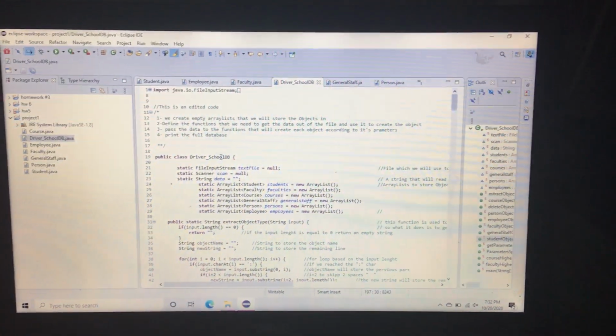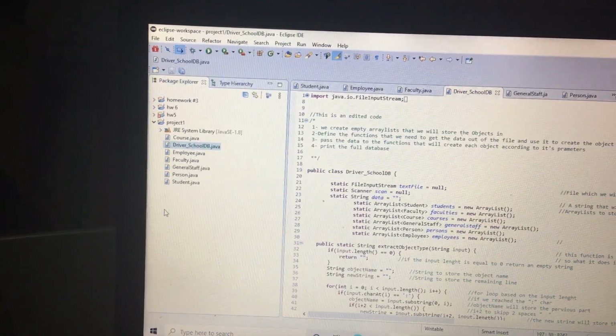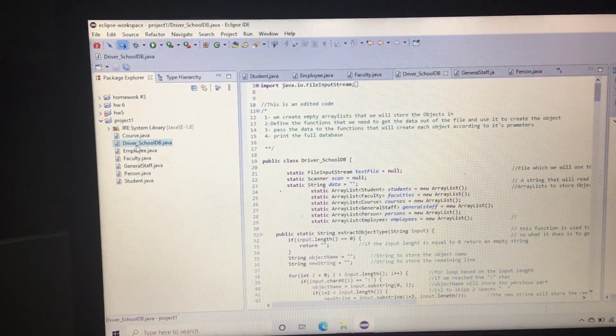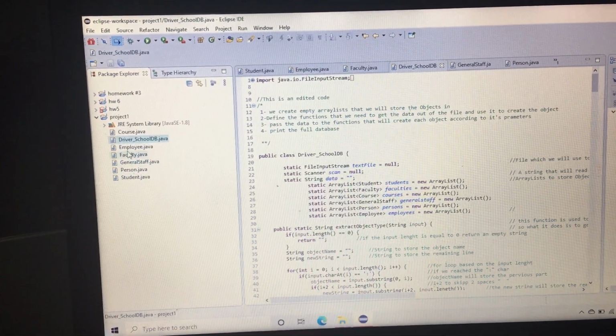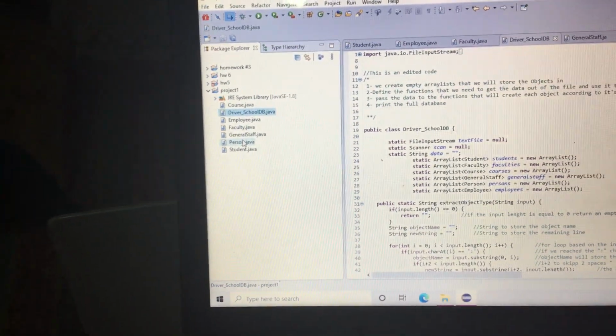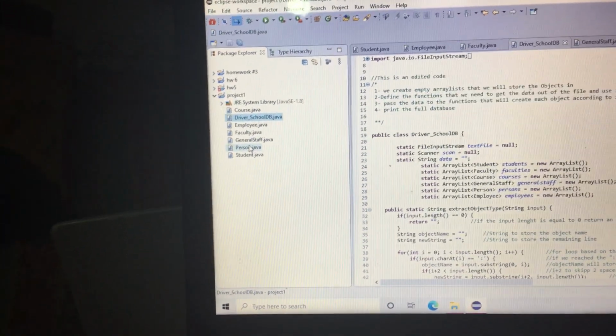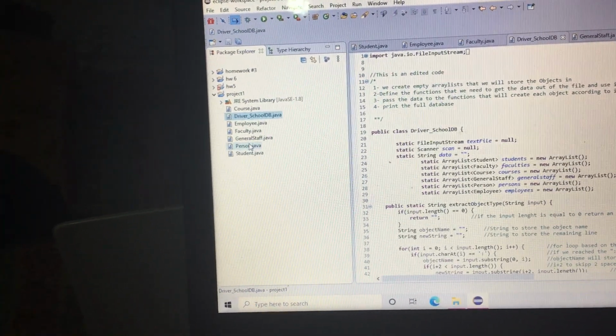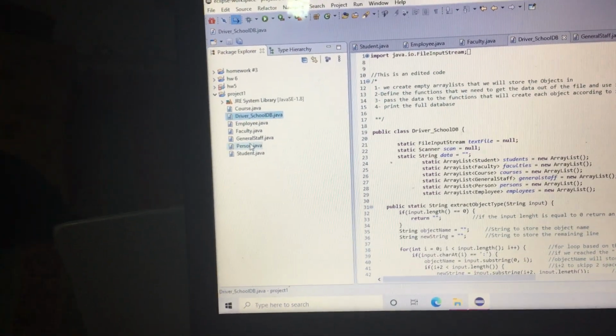I'm going to be presenting my first project for CMP 168. It has seven classes, and I just want to read the class attributes first. So the course class has 4 attributes. Person class has 2, employee class has 3, faculty class has 3 also, general staff has 1,